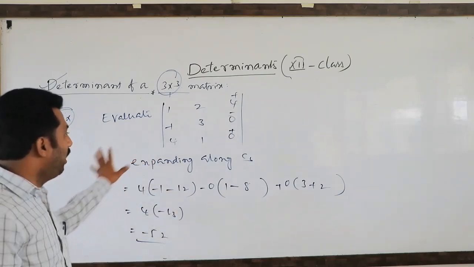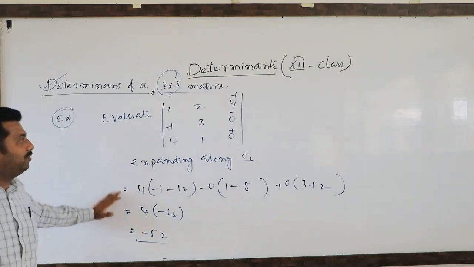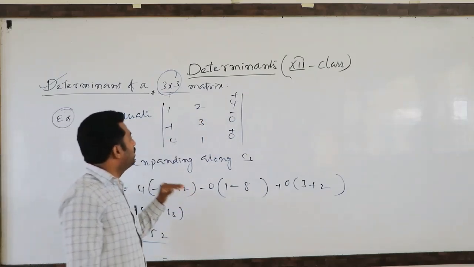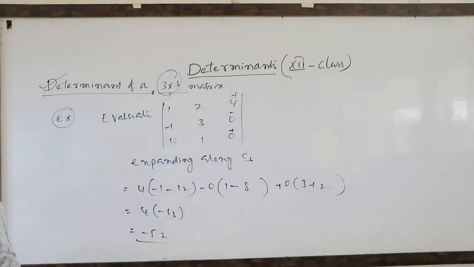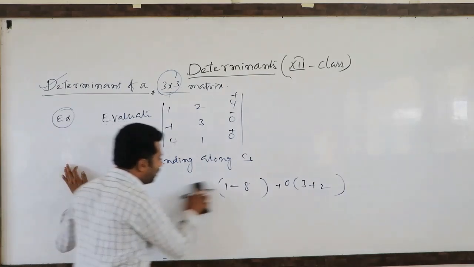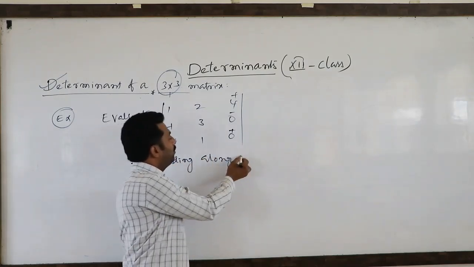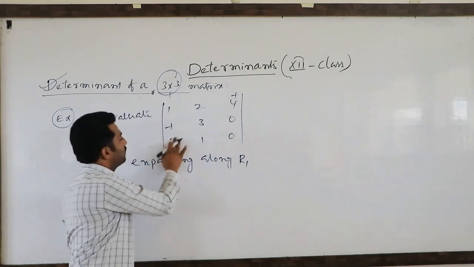So this is the way of expanding, which column you choose, better you have to choose like this. Sir, we are confused like that. Generally I will expand along the first row, that is the best, you can think. You see here, what we got, answer minus 52 only. If I expand along the first row, whether we'll get the same answer or not, we'll check once.